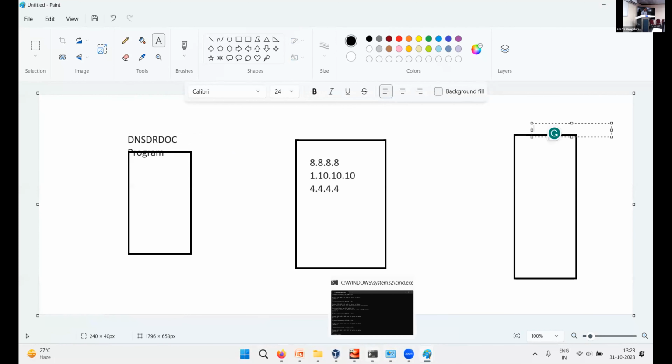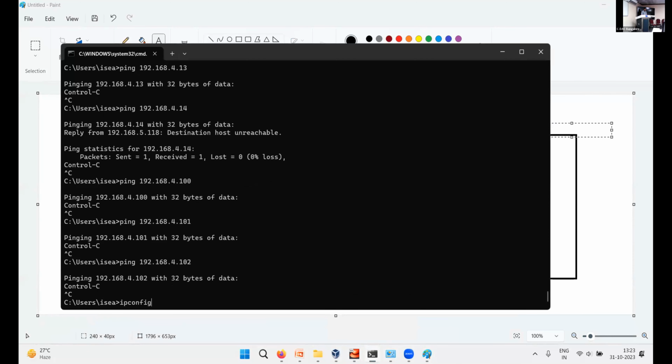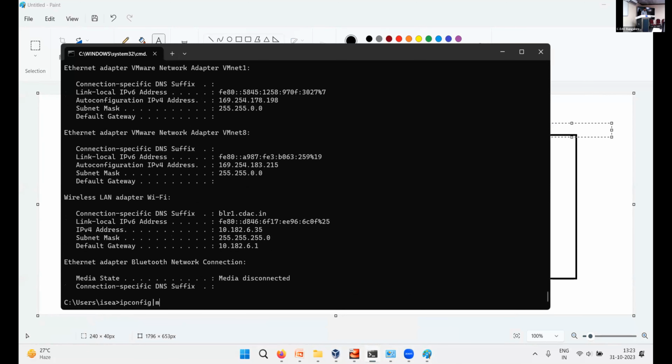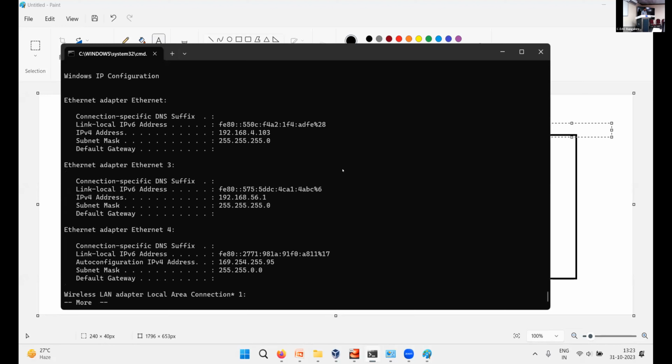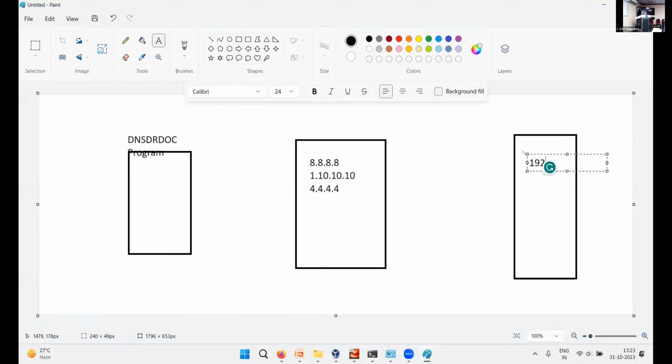It is 4.103, my Windows machine. So I'll write 192.168.4.103. And the attacker's machine IP address is 192.168.4.102 or whatever.